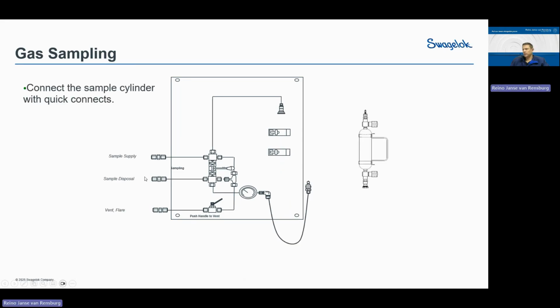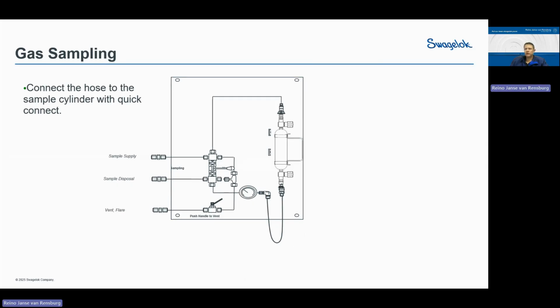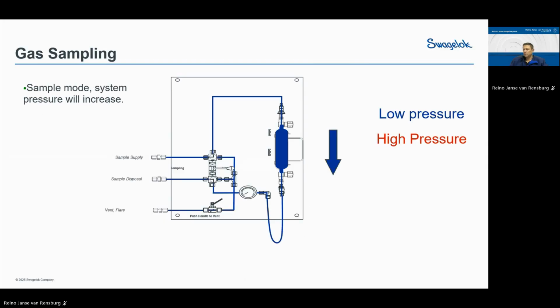Okay, so we'll open the cylinder up or the panel up. We add our cylinder into the system. Okay, make sure everything is connected. Just want to make sure it changes for everybody. So now you can see everything is at low pressure. So let's say this is the first time you install this. So when we switch the valve to sampling, you will see the red, our sample supply line will come in. We'll start filling our cylinder up all the way.